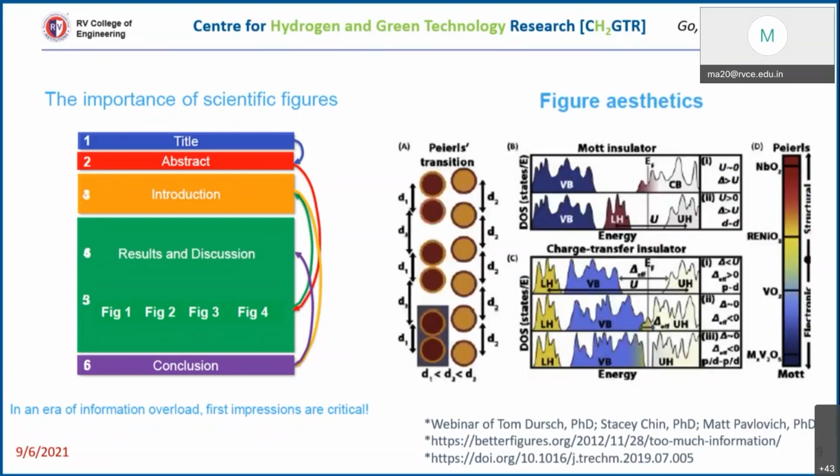So, aesthetics. Again, this is another picture where a lot of information is there. It could be the result of many experiments that are carried out, and they are trying to convey it using just one picture. They have used color coding. There is text, and the legend that they have used is big and clear. There is a color bar. These are certain things which give aesthetics, so you should pay attention to that as well.